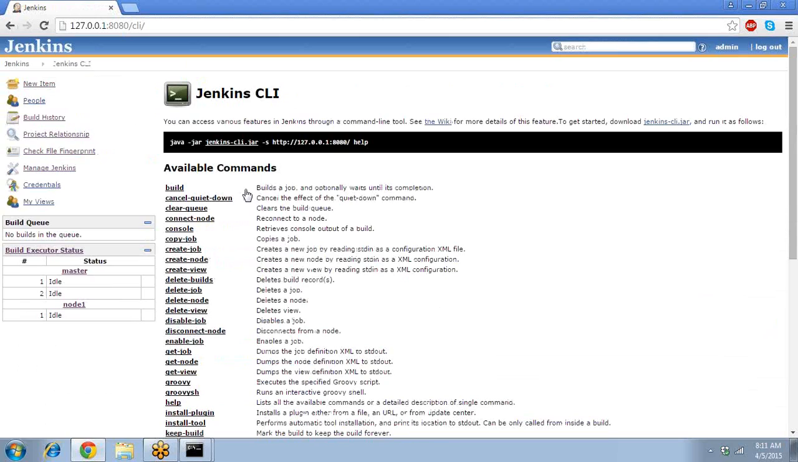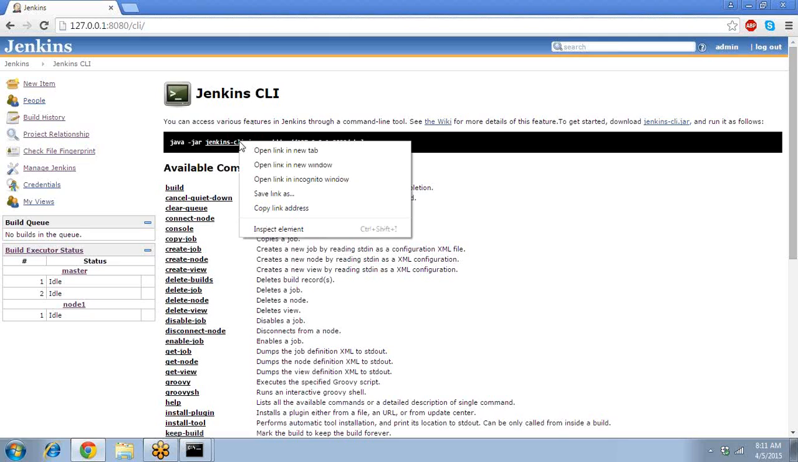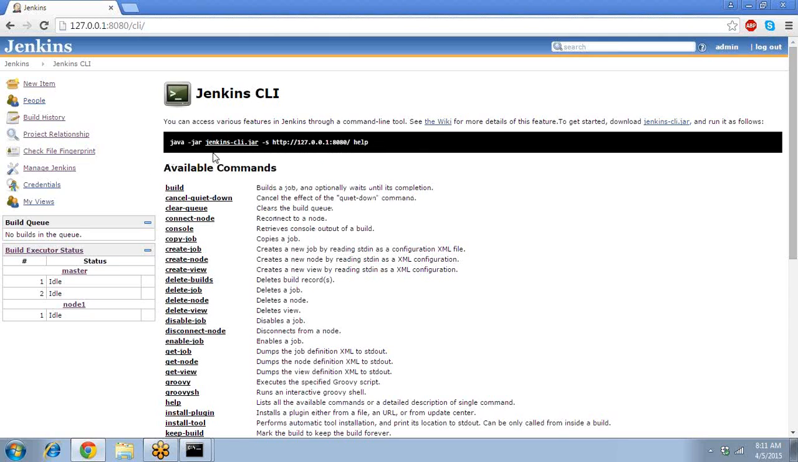So the Jenkins command line interface is used to execute operations. We are operating from the Jenkins dashboard, but we can do these operations from the command line also. You can start the command line by running this command. You can download this Jenkins jar file, put it in the class path, and run this. You can start the command line and you can execute the